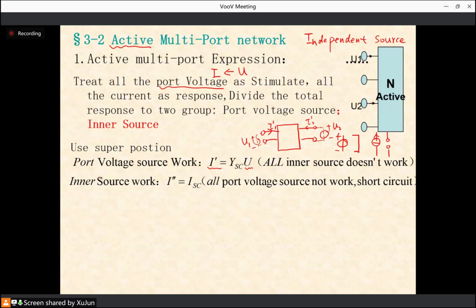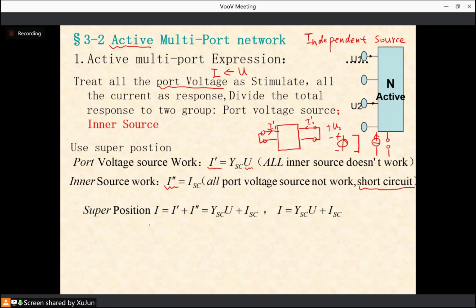And then we assume the inner source work alone. The inner source means the outside has no source. No source outside, so the outside should be short connect, all the outside. All port voltage source not work. This I sharp 2 means only the inner source work alone. So the total current, we can use superposition to express: the total current is I sharp plus I sharp 2,